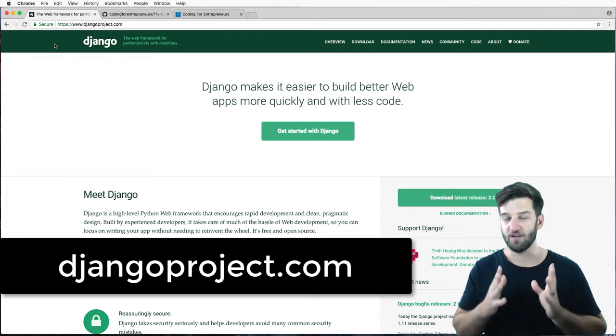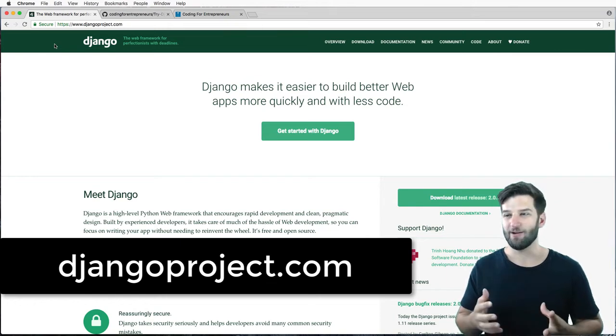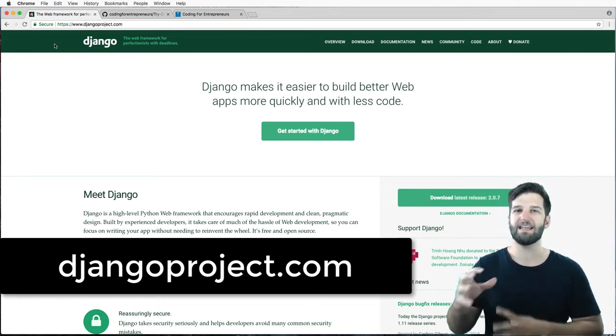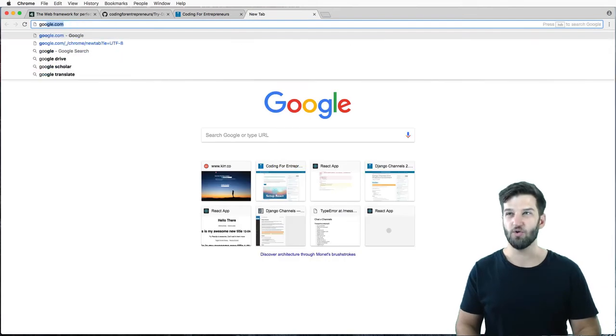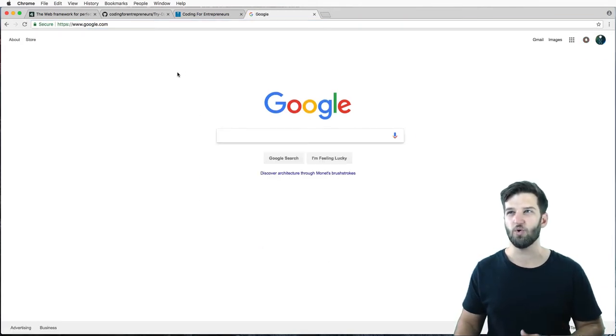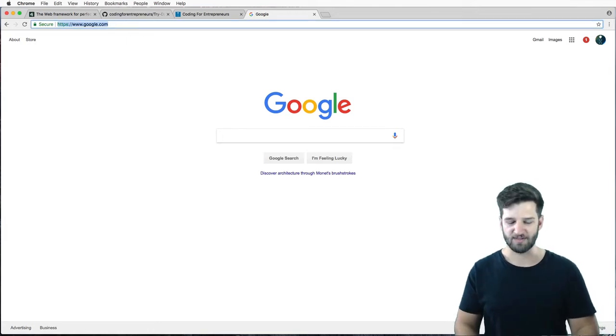Django's documentation is very well written, and there's just so much there that you can learn that we won't necessarily cover because they give additional context or they give specifics to whatever use case you have for the technology. And then the last thing is Google is your friend. You can use Google to do a search for something that you're not familiar with, and oftentimes that will bring up